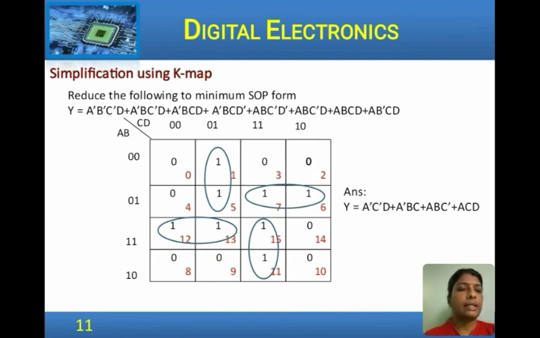Look at cells which are isolated, we do not have any isolated cells. Now, we shall form groups. So, this one has an adjacent 1 here, so we form a pair here. So, we cannot group the 3 ones here, that is not permitted. Grouping should be in 2 power n. So, this forms a pair. Similarly, look over here, this is another pair and another pair and a fourth pair.